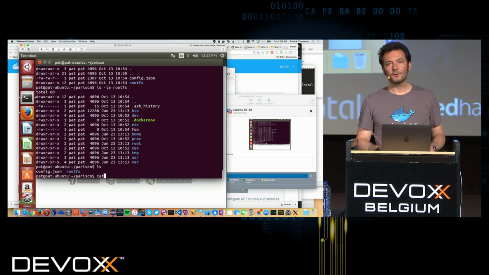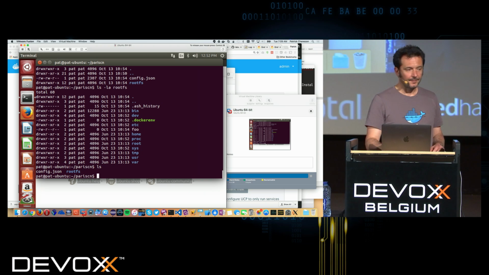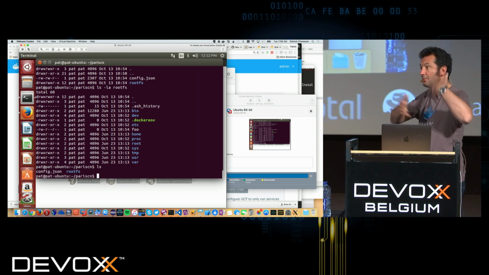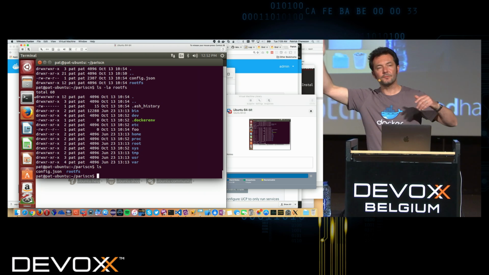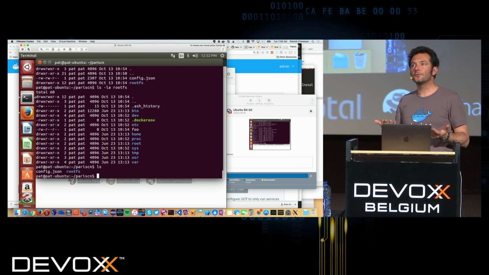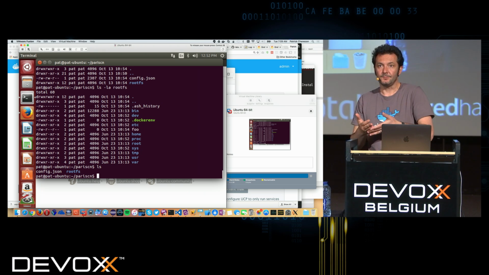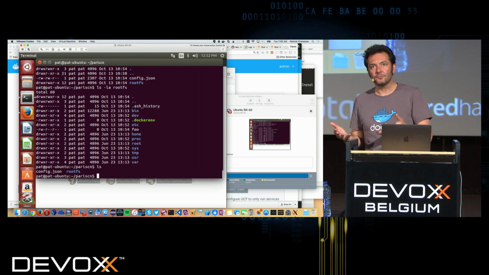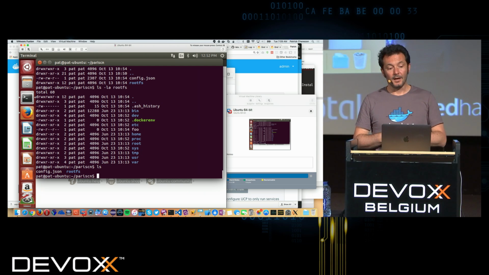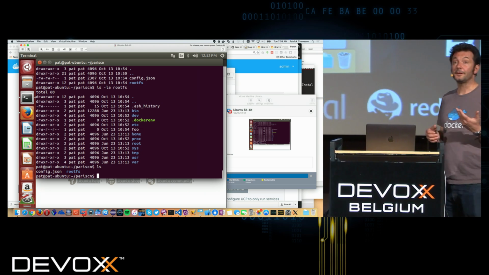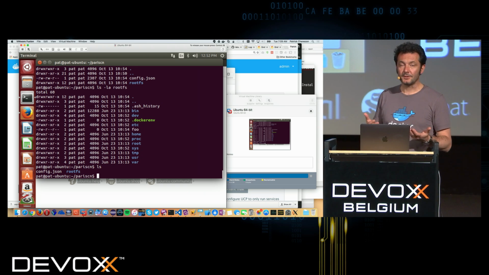So the way runc works is that, so Docker is doing a lot of things. It lets you pull images, build images, push images to a registry, run images. Runc just runs images. So what you need to provide it is a root file system where you have the inside of your container, what you want to be in your container, and then a file called config.json, and config.json is standardized as part of the Open Container Initiative standardization efforts.